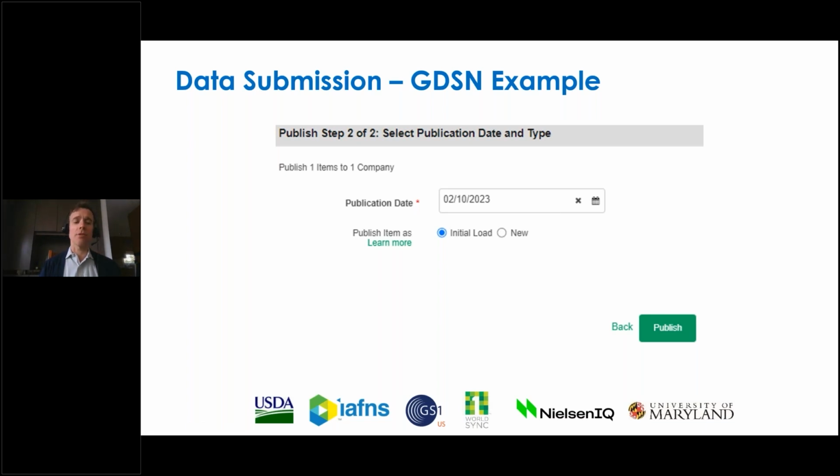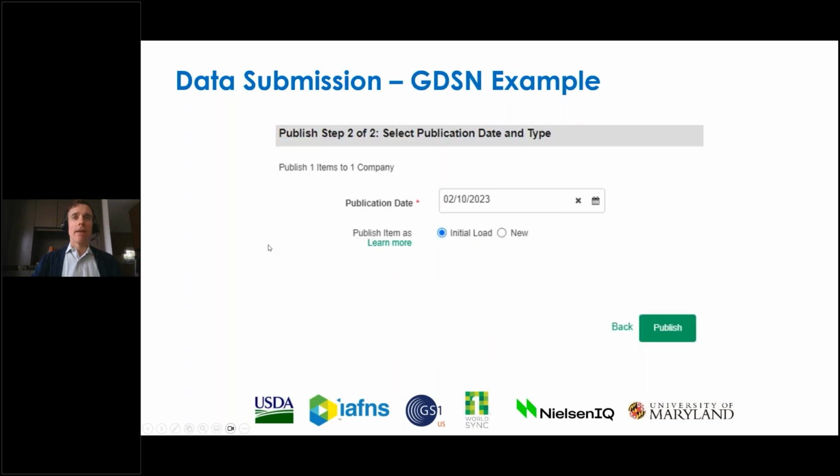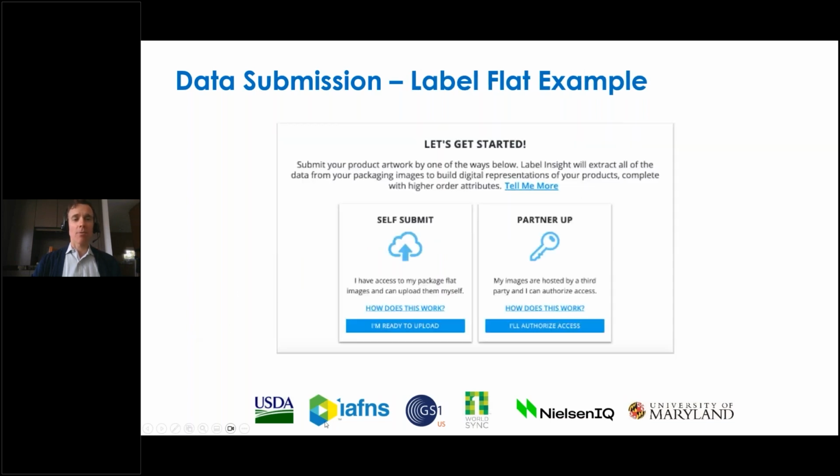So initial load means that you previously published this item before in the past and you're updating it. New means that it's obviously a new product. So that shows you how easy it is to upload and do products through the GDSN. Now we're going to explain the second option, which we talked about before,